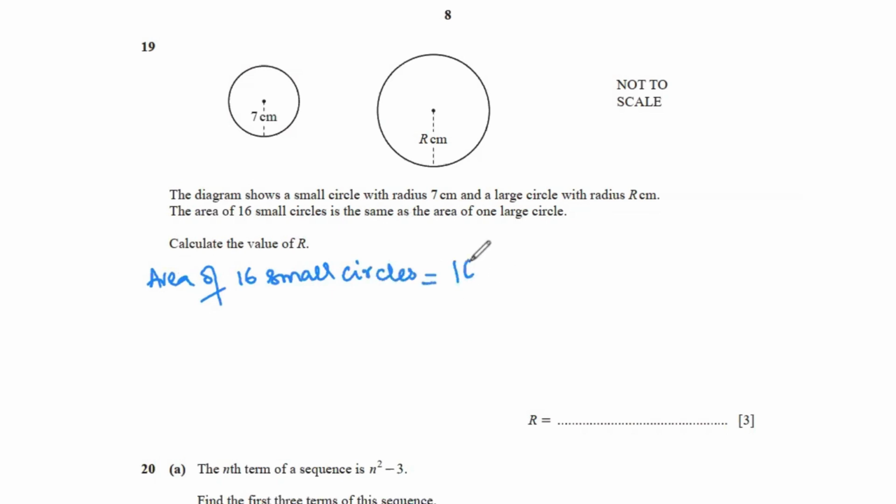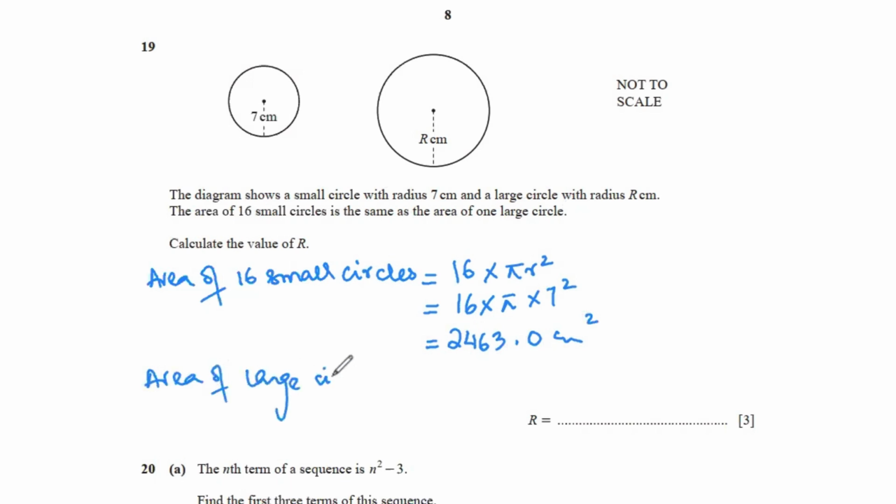That's basically 16 times pi r square. Area of one circle is pi r square. So for 16 circles, we times the formula by 16. Radius is given as 7. So 16 times pi times 7 square is going to be 2463.0 centimeters square. Now, since this is equal to the area of one large circle,